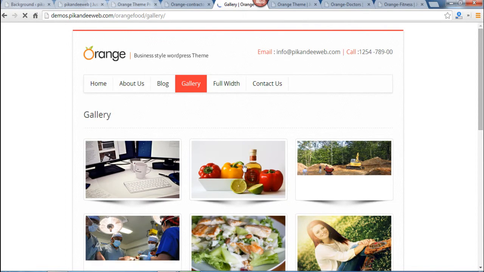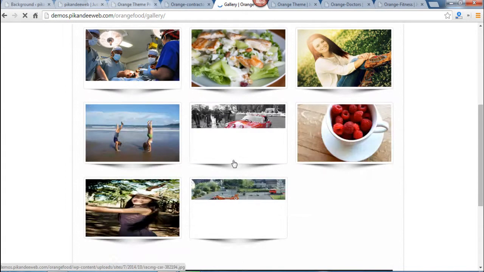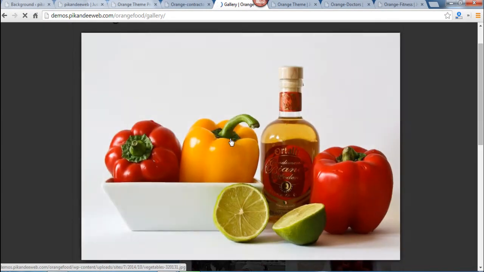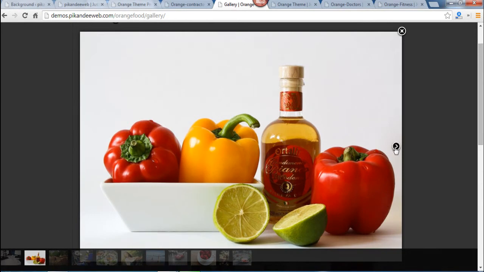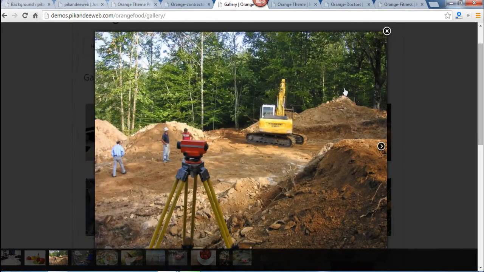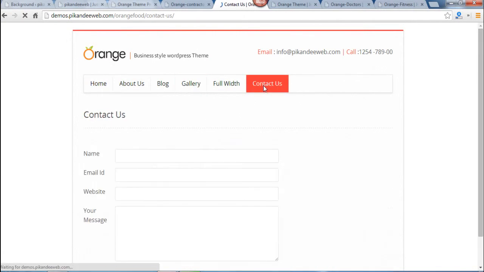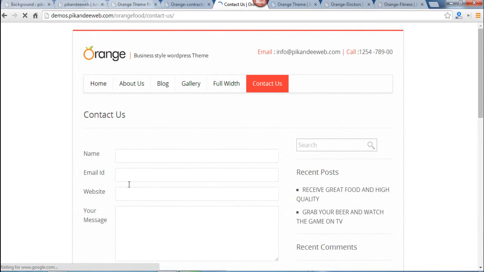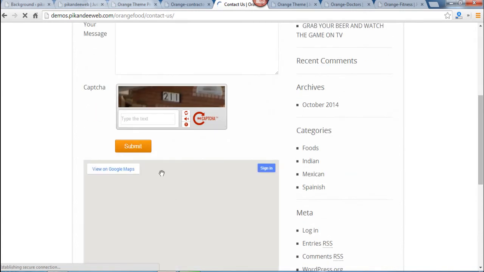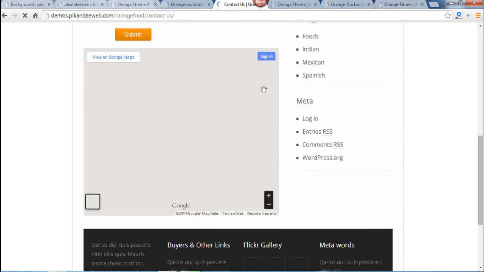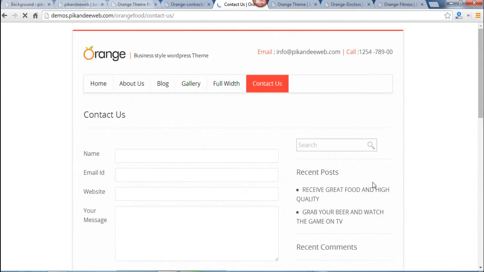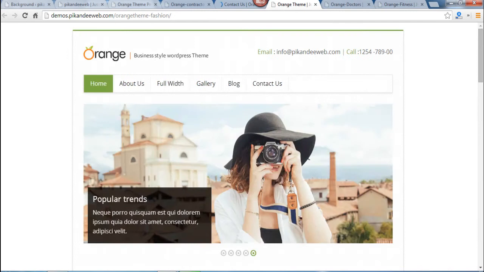Just click on any image and you can see this. So this is the Orange theme gallery page. Contact us page, name, email ID, website, and your contact map image. So this is the Orange WordPress theme for food lover.